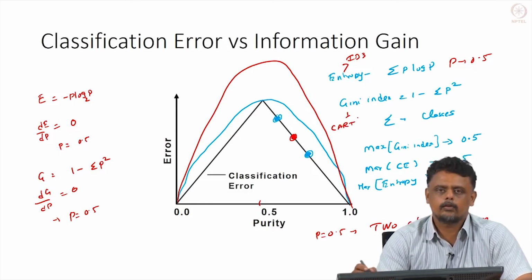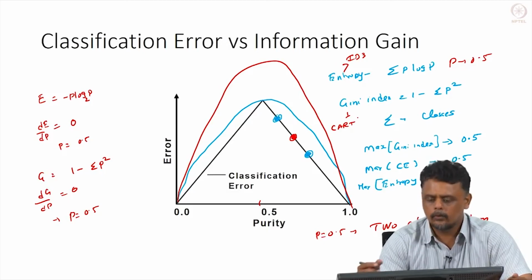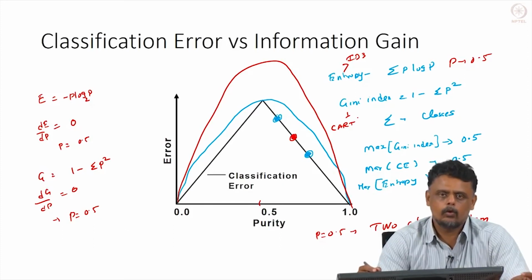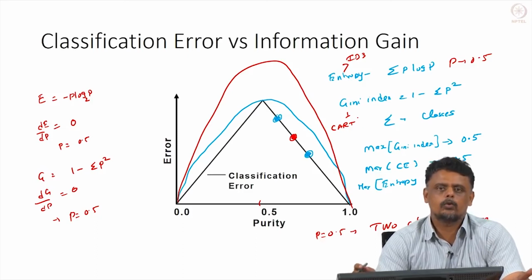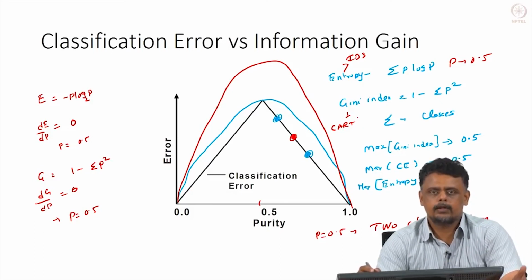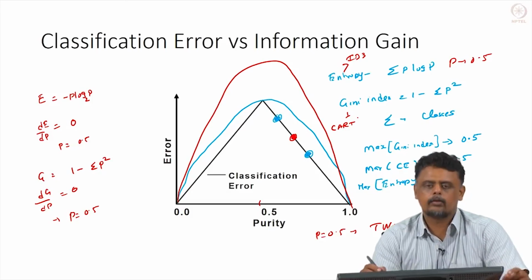Okay. There are different algorithms for doing this. One way of looking at this is a greedy search. At that particular node you are looking for the best split, instead of considering the entire tree as a whole. You just split based on the best criterion available at that time. So, it is like a greedy algorithm.